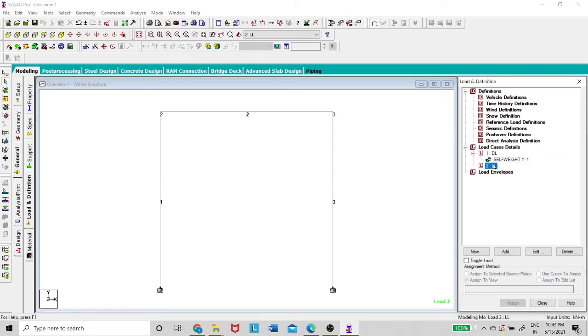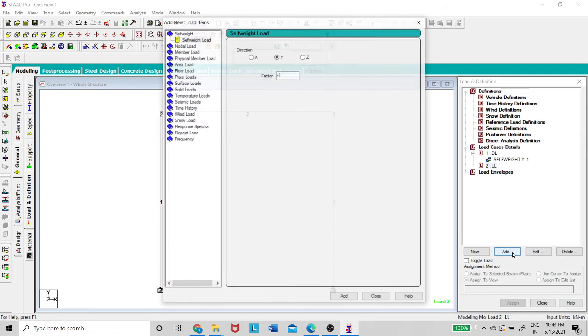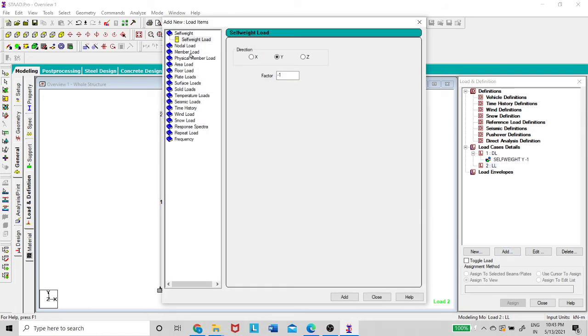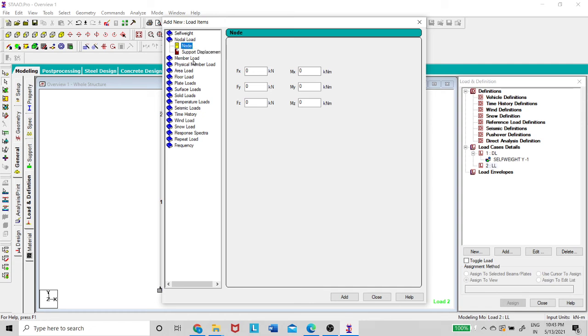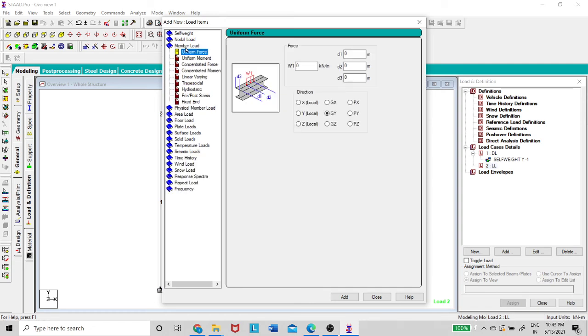now in the live load, I am trying to add again. So what type of live load do you want to give? You want to give a load at a node, or you want to give a UDL or UVL. The different loads are present here. Area load if you want, or floor load, plate load, surface load, all different loads will be there. So now I want to give it as a UDL. At a particular joint, if you want to give, you have to select the nodal load, but I want to give it as the UDL. So that is member load.